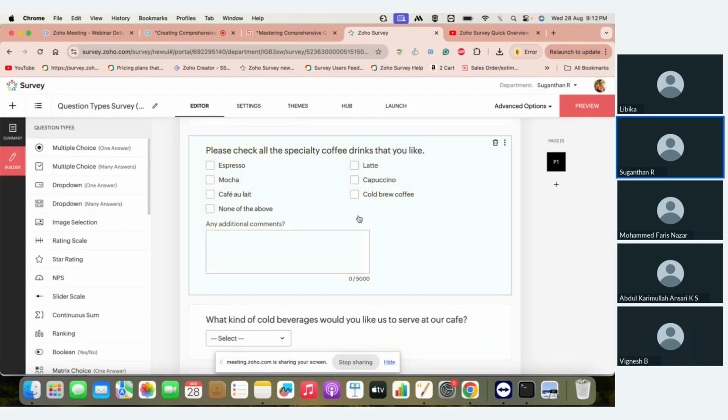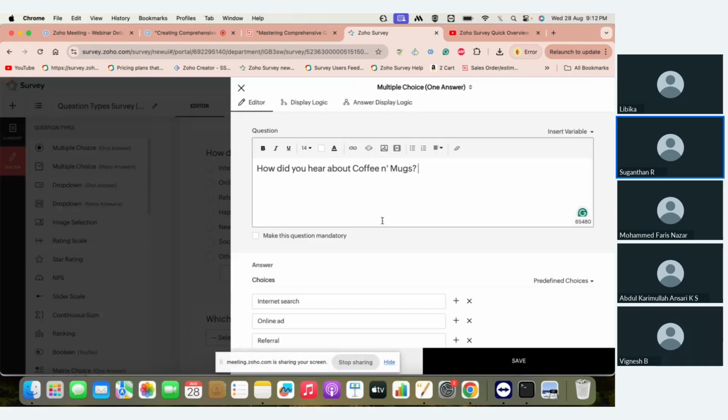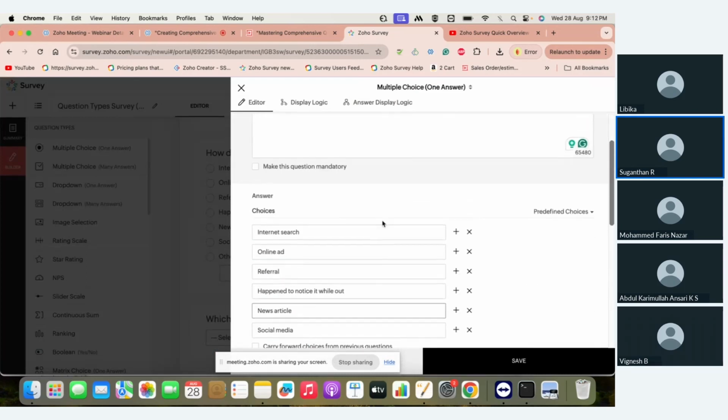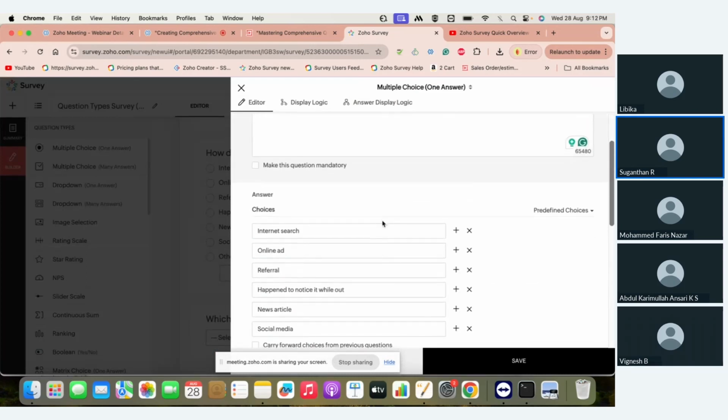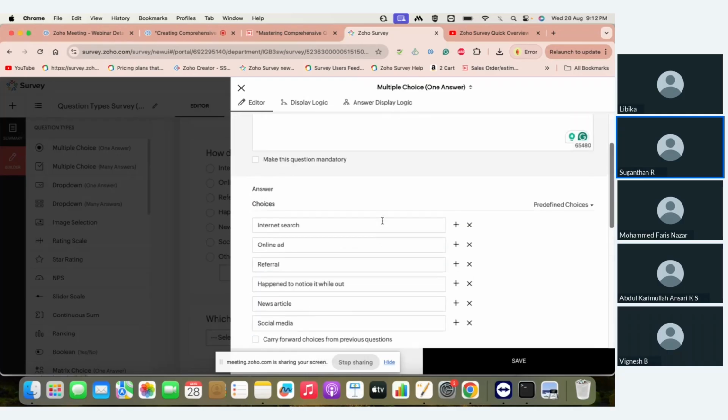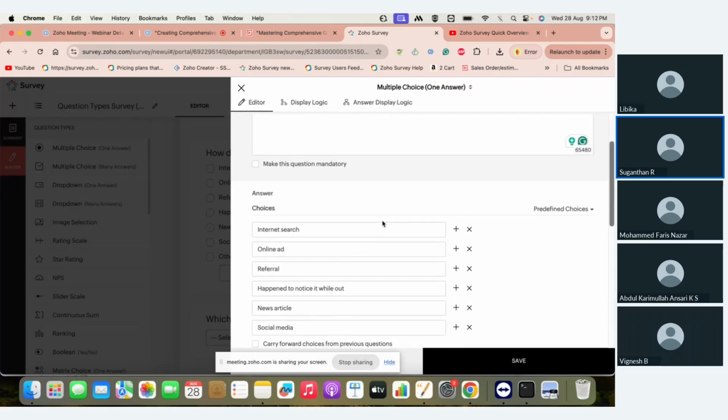And this is a multiple choice many answer. Whereas with multiple choice one answer, you have the same set of options, but the only difference is they can choose only one answer choice. And with many answer, it will be more than one. Now, what if you created a survey with one answer choice by mistake, but you wanted it to be many answer? So you can directly